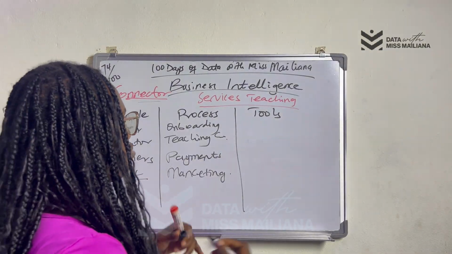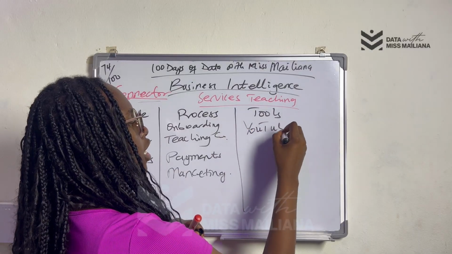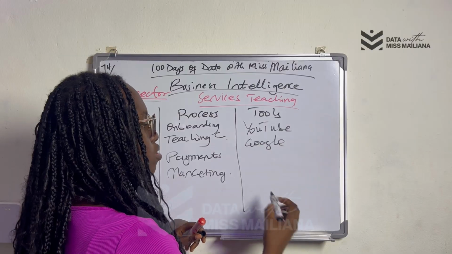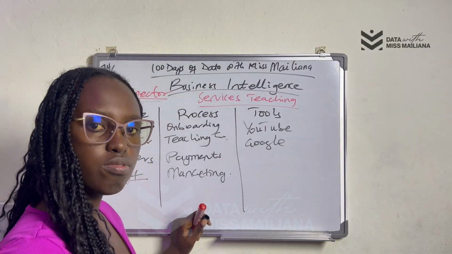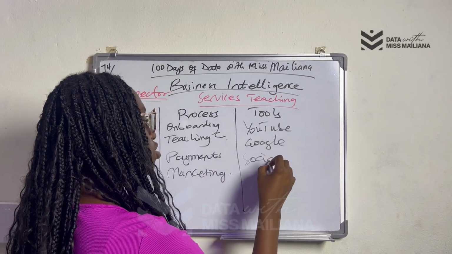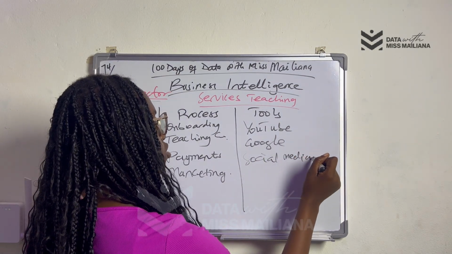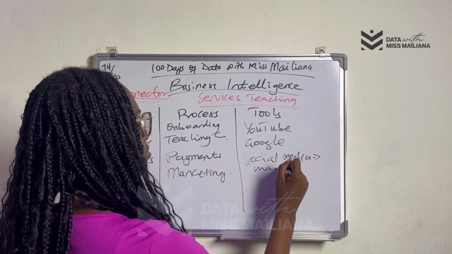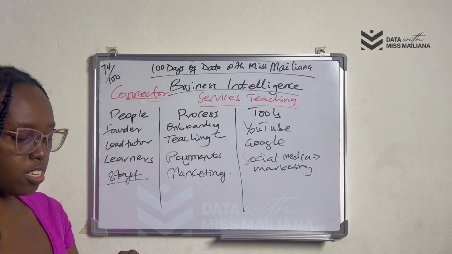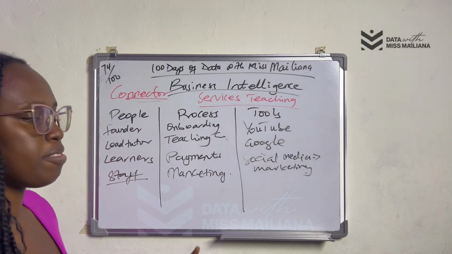So now my tools are, I use YouTube for teaching as well. I use Google, right? So these are my tools. I think these are the two major things I use actually. I use social media. Let's put social media. In fact, YouTube is social media, but then let's put social media for marketing, right? So these are my tools as well. So this is not buy and sell. So for this one, the founder has a different.